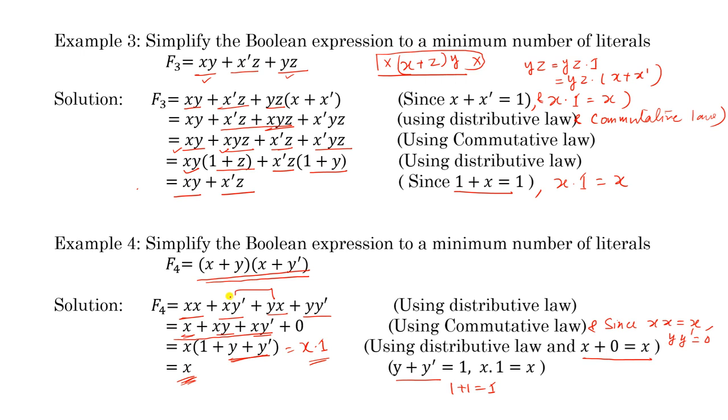Now remember one thing, there is no particular rule, so that if I say you to go this way and solve this and this way, there is no particular rule. You have to check the function, and how you simplify a function totally depends on your choice. So first you have to check the function and look at the expressions, whether it is possible to apply the distributive law, commutative law, or any other theorem. So basically it is simply a kind of manipulation, and you have to reduce the expression to the minimum number of literals, and you are free to apply any rule, but it should be valid and must be clear whatever you are doing.